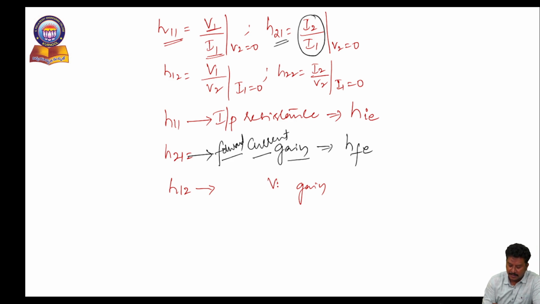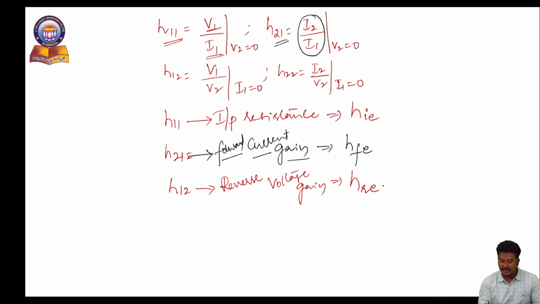That's why it is called the voltage gain. Actually, if I take the numerator as output and the denominator as input, then it is an actual calculation of a gain. But it is reverse. That's why it is called the reverse voltage gain. It is defined as Hr, and since we are using the common emitter configuration,